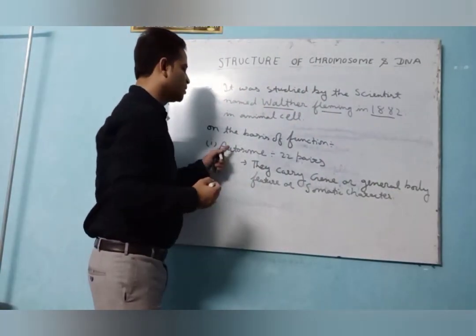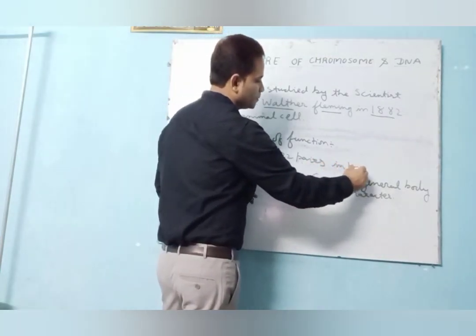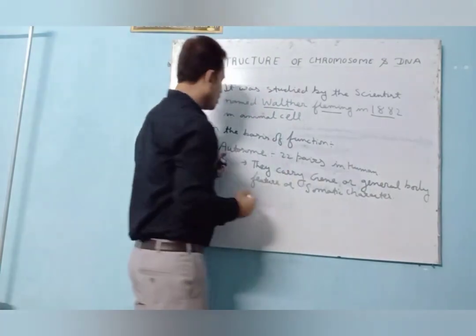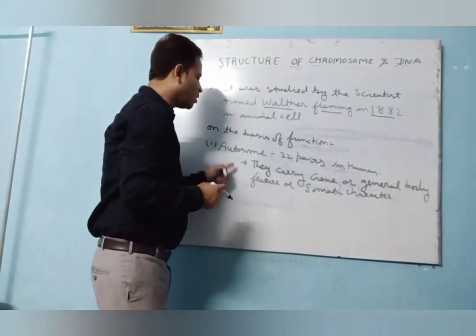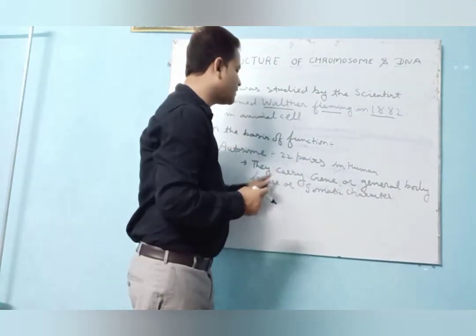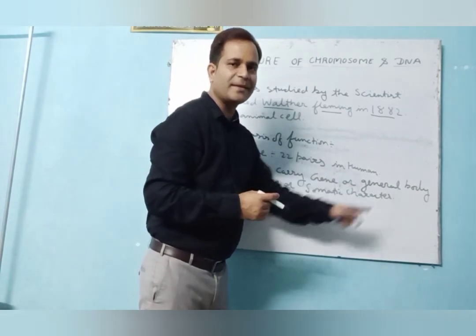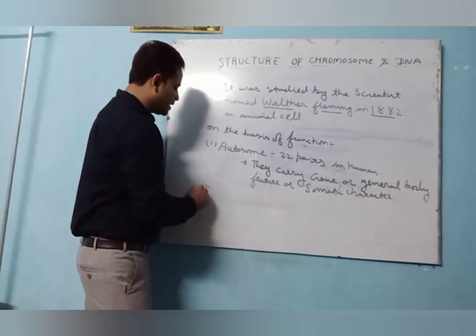So the 22 pairs in human are autosomes. So what is the autosomes' function? They carry the gene, or you say the general body features, or you say the somatic characters. Number one. Second one is